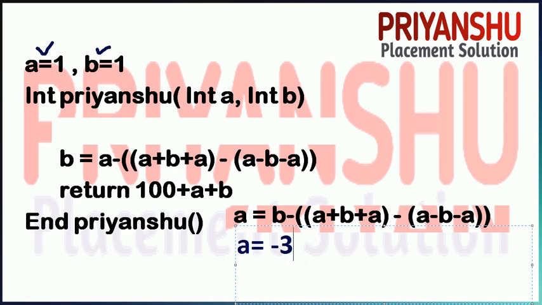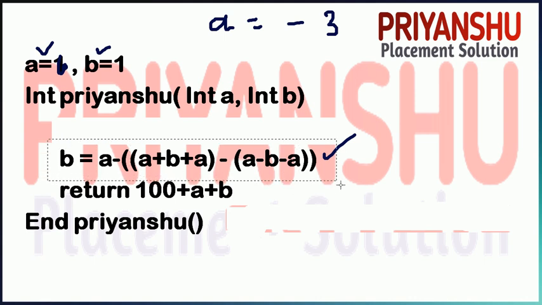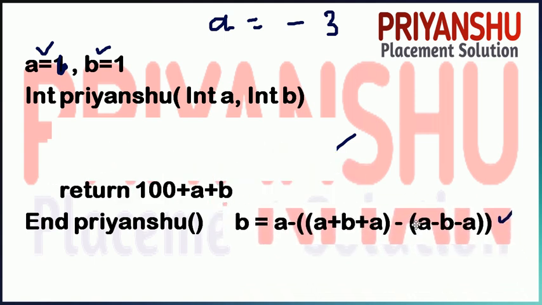I hope you got this, right? So the value of a is what? Minus 3. So I write here, the value of a is not 1, the value of a is minus 3. Now friends, again we have to solve this equation as well. So I again remove this and take this, in this way. So now friends, I again do the same thing, like b equal to, now friends, the value of a is minus 3, then again minus of bracket and close.